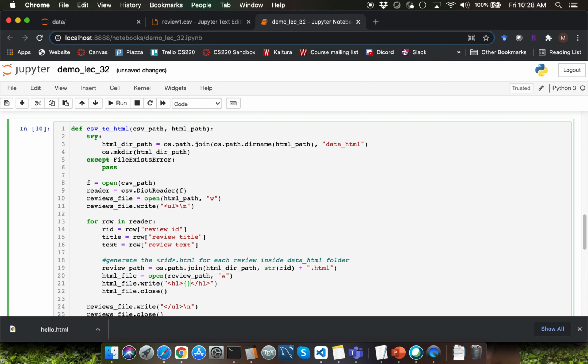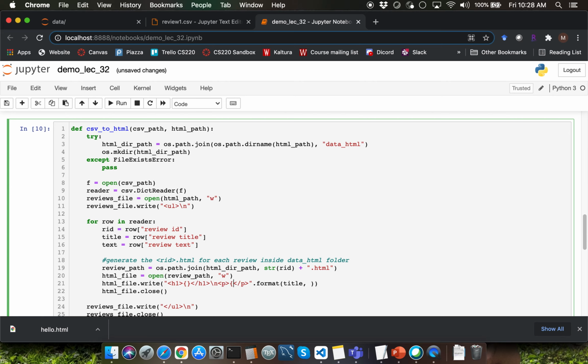Within the h1 tag, we want the actual title part to go. Let's use the format method as part of the string in order to replace this particular curly braces with the variable, which is going to be title over here. Let me add a new line after the h1 tag for proper formatting of the HTML file. The next tag which I want to add is the paragraph open and paragraph close tag.